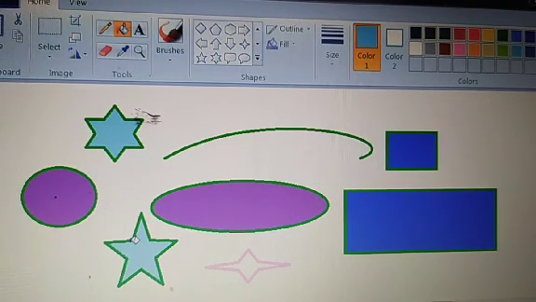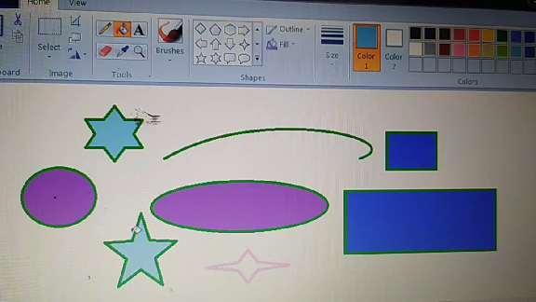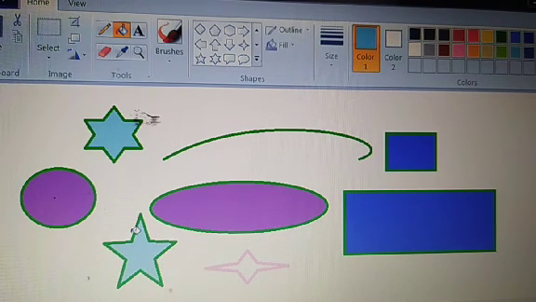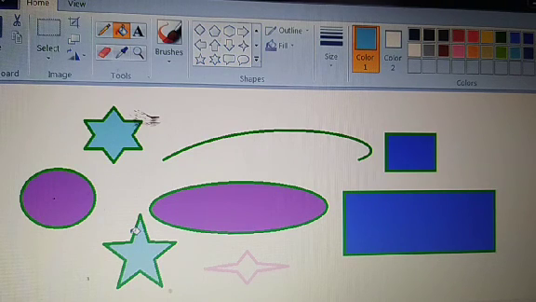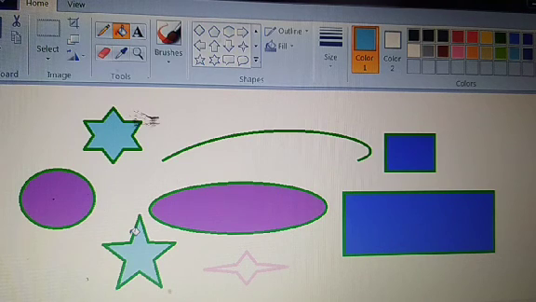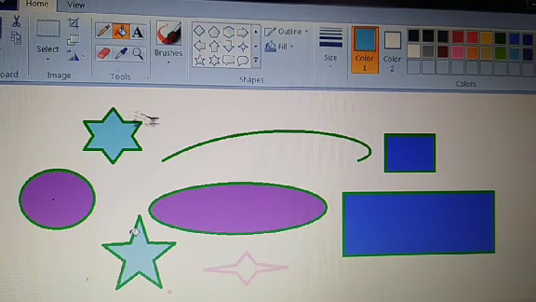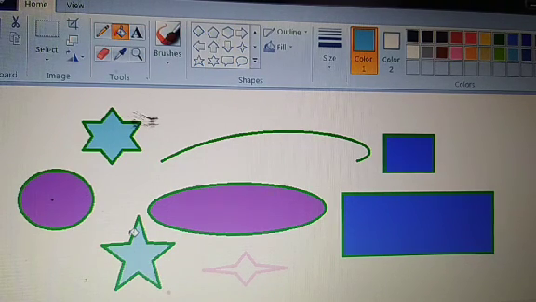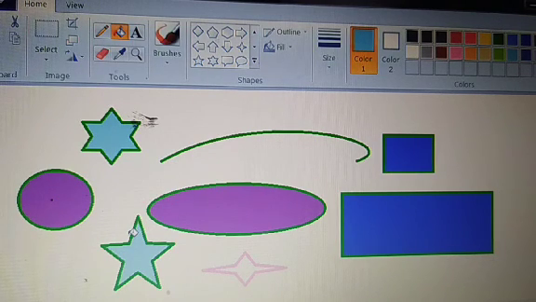In the next video I'll explain how to draw shapes and fill color in shapes again. Then our next topics are drawing freehand with the pencil tool, filling colors in the picture, the eraser tool, and brushes again. Then the text tool, how to save the drawing, creating a new drawing and closing the Paint program. These topics we will do in the next video.